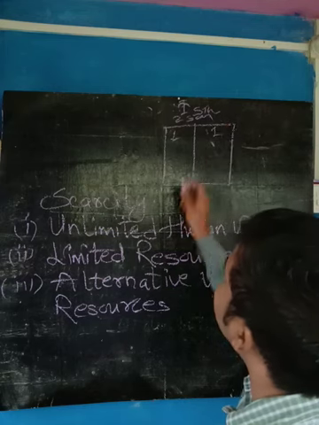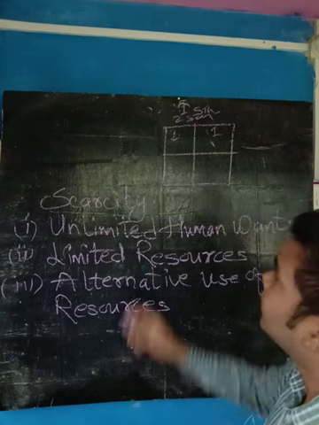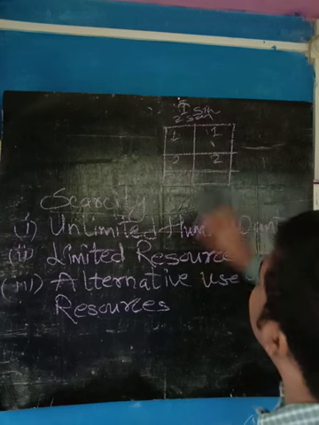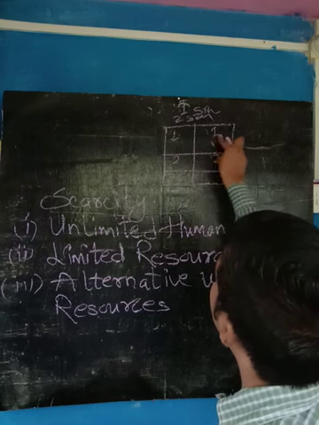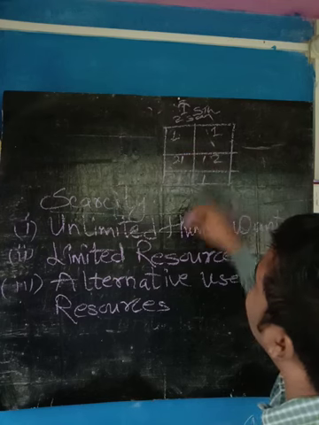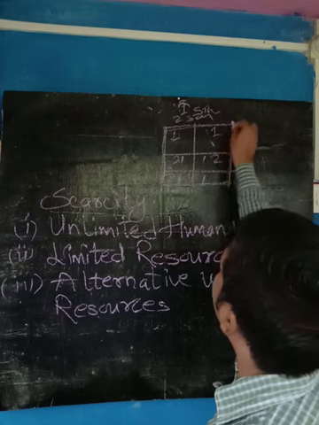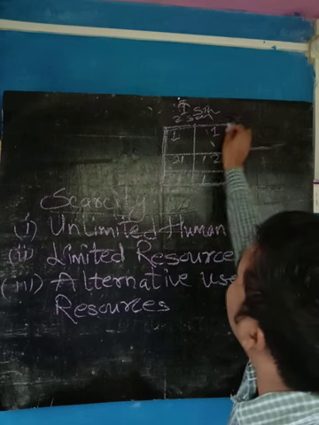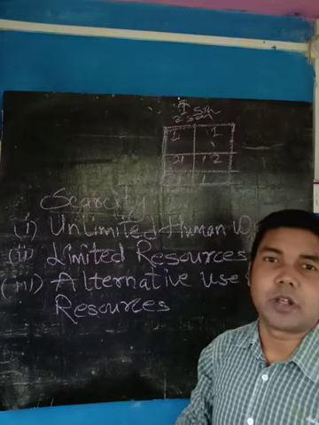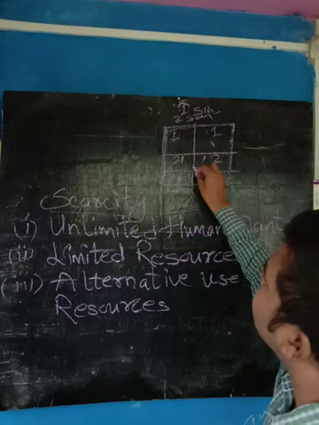Again, what is happening here? Again, they will get married. This land will again get partitioned. Suppose two sons, so they will keep this, and one and one partition. See here, such a big land, after getting married and having much of the population, is divided slowly. Fragmentation of the land.